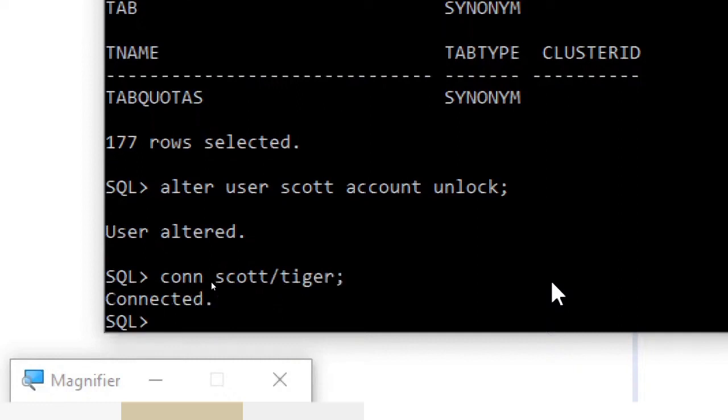And for me I am getting it directly connected, but for you, you might be getting, for the very first time when you are doing unlock, it will be asking you the password is expired. Do you like to set new password? And it will ask you password to be entered twice. That is the first time password and confirmation password. Twice you are going to give the same password, and then you can use this statement conn Scott